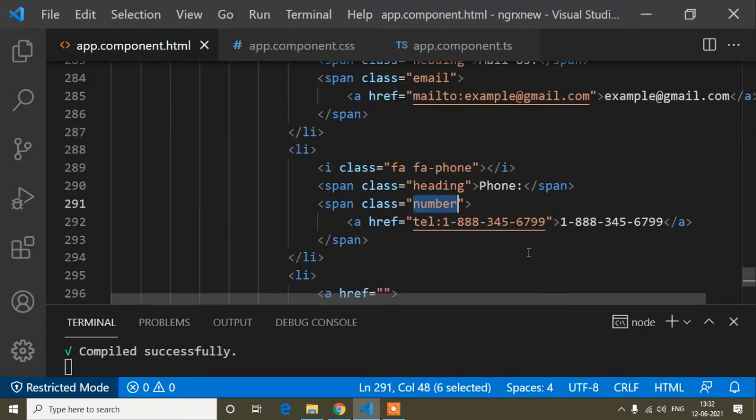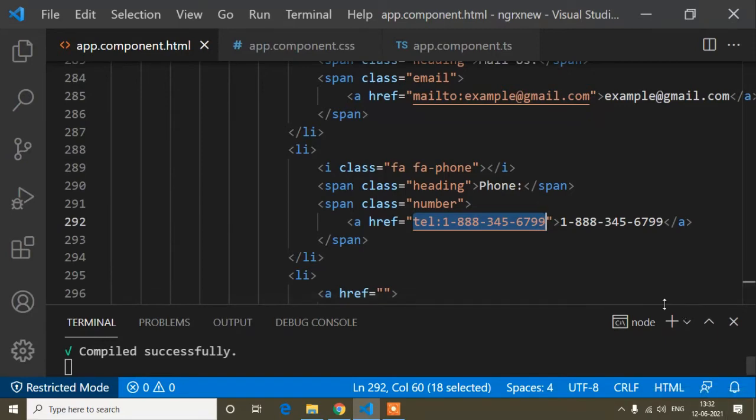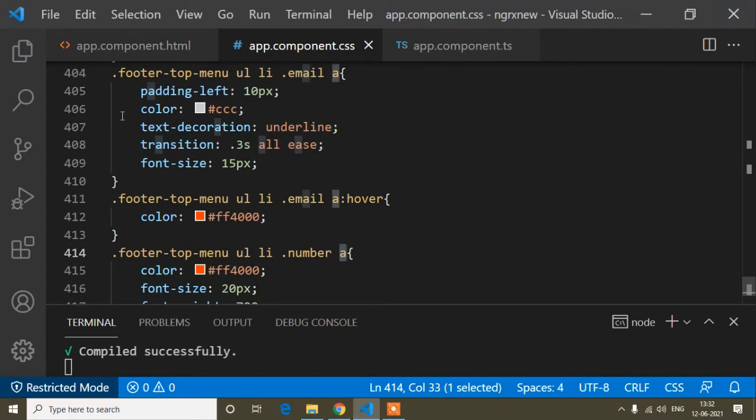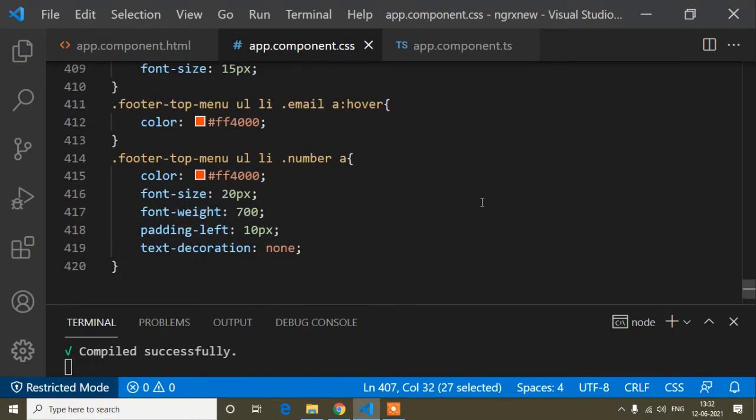which I have written in this HTML, at that time we automatically get an underline, like here in the HTML you can see the underline also. So the same thing you will get in the preview. So for removing the underline, we write text decoration none, and here we need the underline. So by default we get the underline also, but here I have written text decoration underline for strongly. Okay, if I remove this one, by default the anchor tag will get the underline. You can remove this one from here also, because by default we get underline. And here we don't need it, so that's why I have written text decoration none.